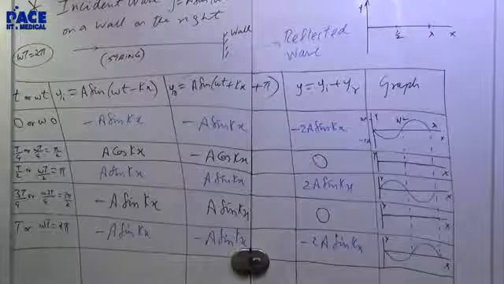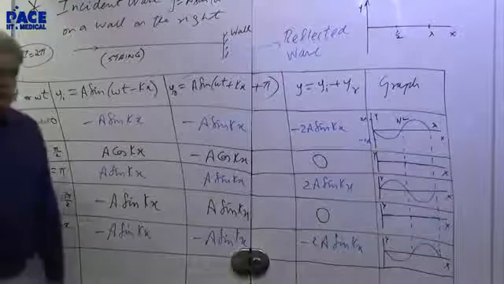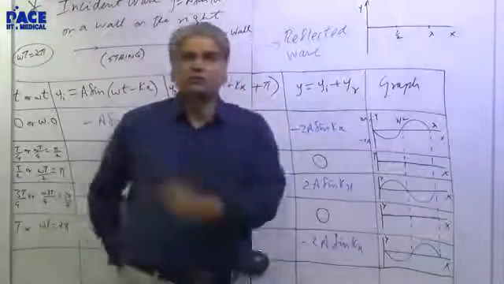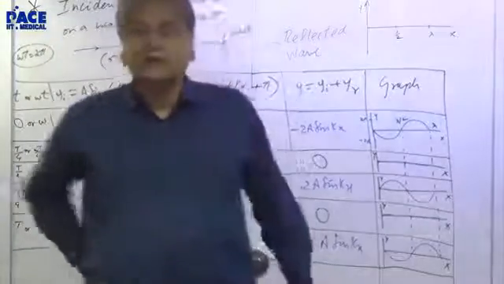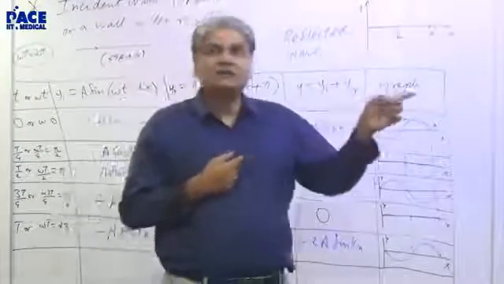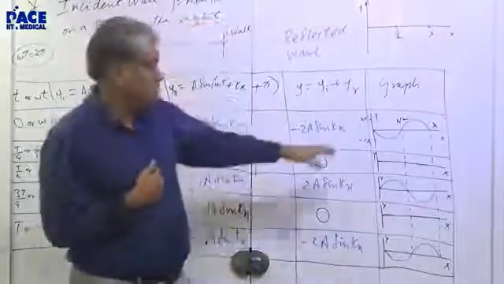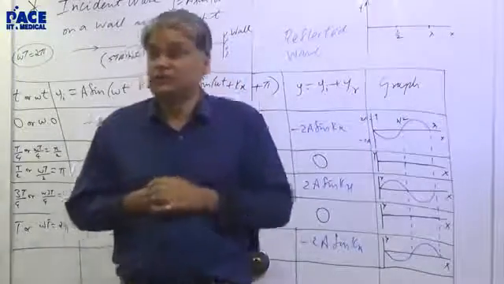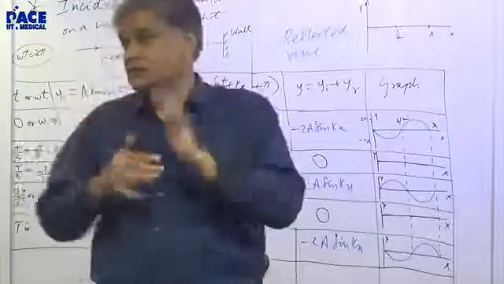So I've shown you different stages of that rope. Now this whole thing happens very fast. Suppose the frequency is 100 hertz or 50 hertz. This is happening 50 times per second, 100 times per second. By the way, your AC is something like this. It's a 50 hertz AC we have. 50 times per second, it goes through that cycle.